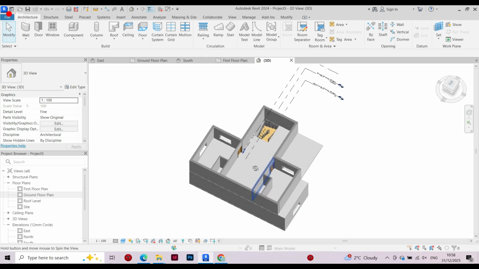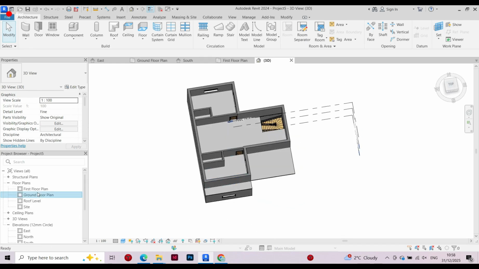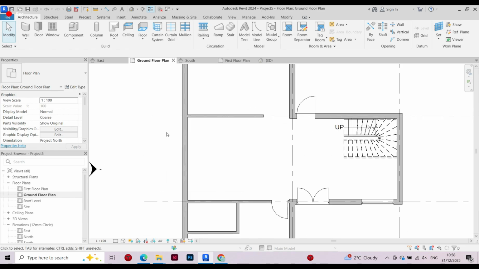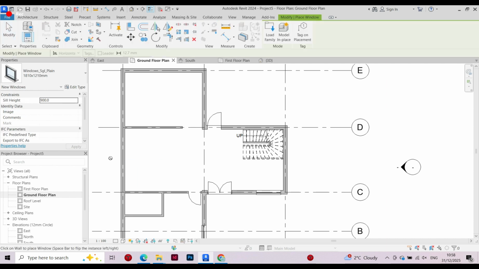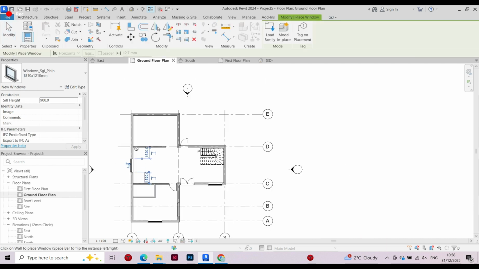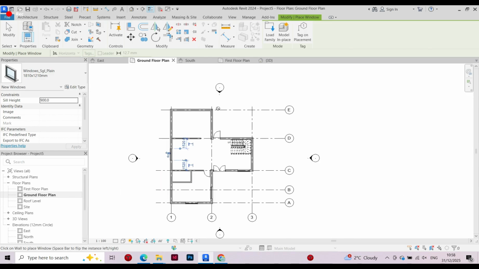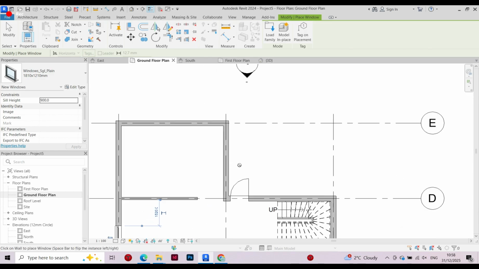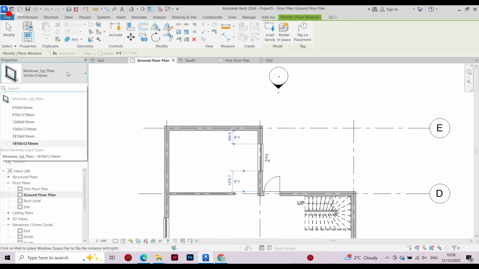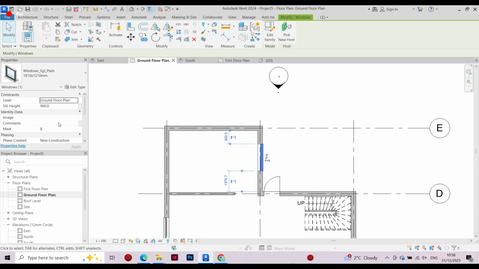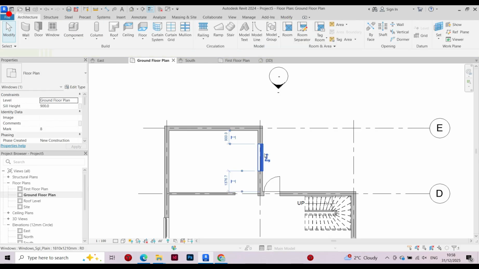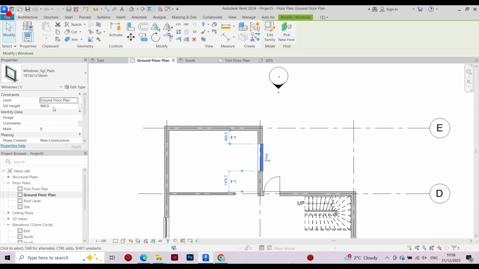So the next thing, I'm going to go to the ground floor again. So I'm going to add some more windows here. I'm going to do a window here. Let's not forget to add one window here for the kitchen. You can change the window sill height, but if you see, this window is at 900 sill height, but